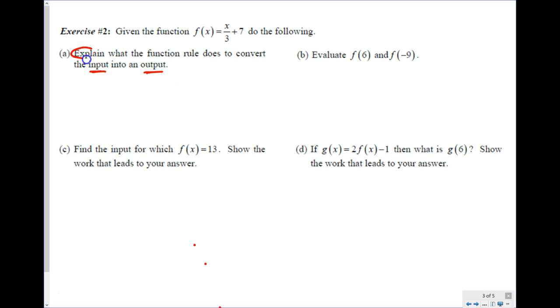Now this uses the word explain. Explain means use English, right? Write something. So what does this rule do? Well, when I plug in something for x, there's my input, what's the first thing I do to it? Well, this takes us back to Unit 2. The first thing I do is, in fact, let me use a different color. So first, divide the input